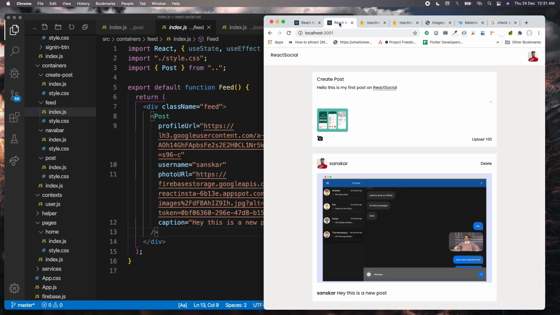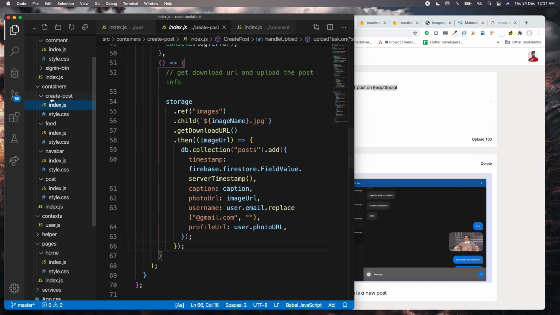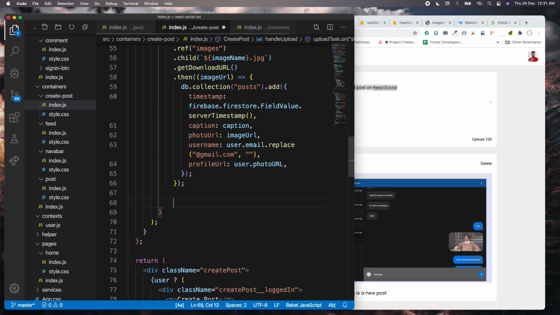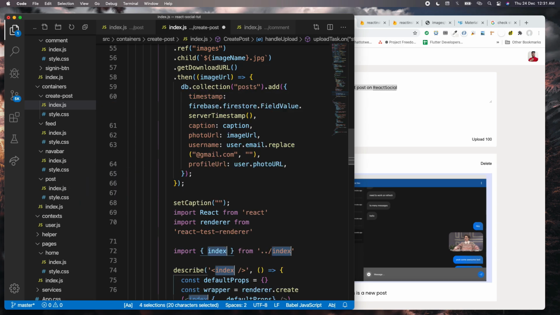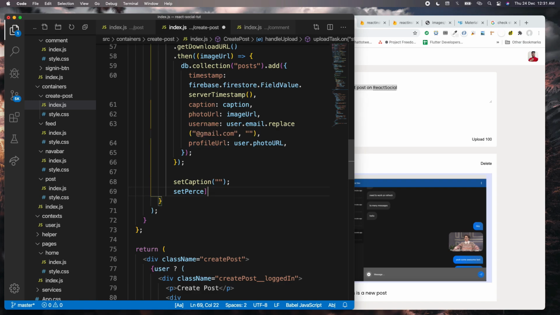Now the second thing which we also want to do is, once the post is uploaded, I would like to get rid of this caption, remove the image, and make this upload percentage 0. So how can I do that? I will just open up this index.js file of create post, and once we are done with this process, I will set caption to be blank. I will set the percentage, sorry, not that one. Yeah, it's actually called progress, not percentage,